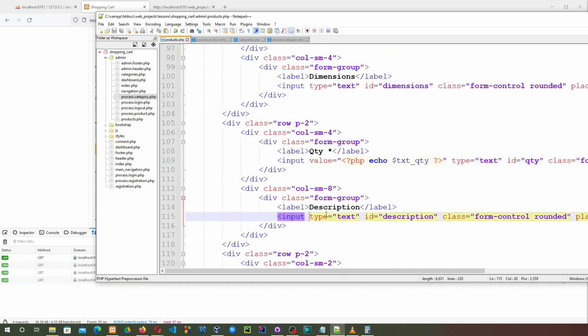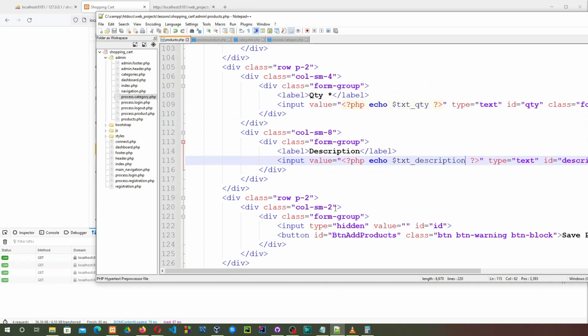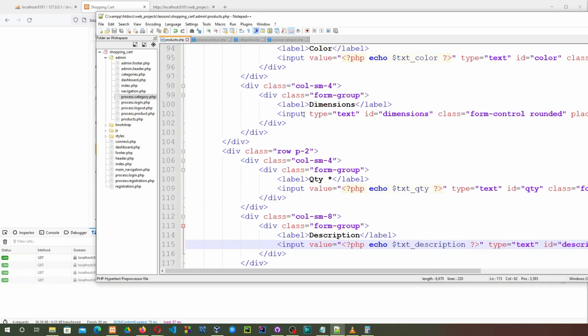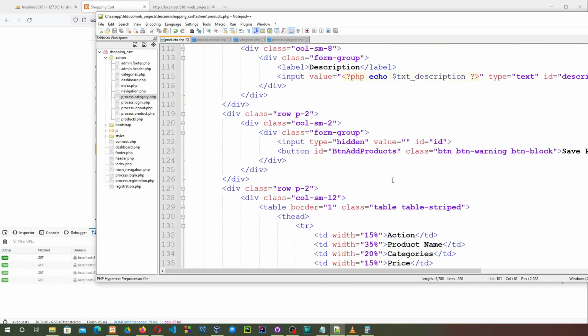Then we have description. Okay, so it seems okay. We have forgotten dimensions. Okay, let's also add dimensions. Okay. So this time we are going to add values into our